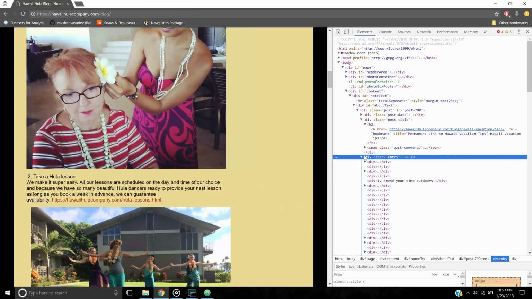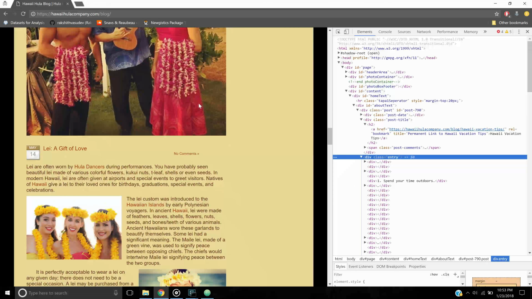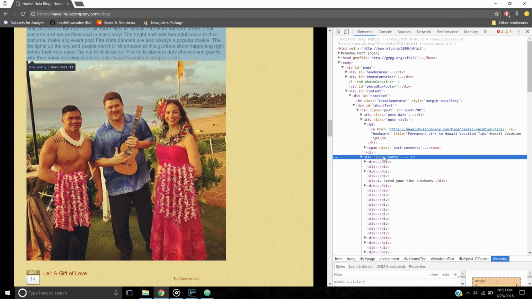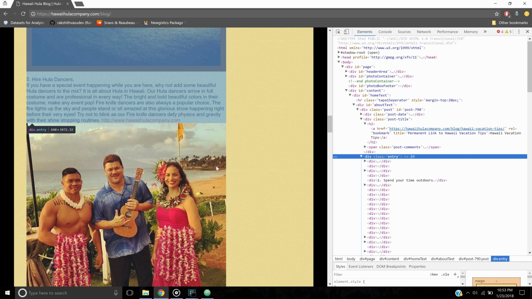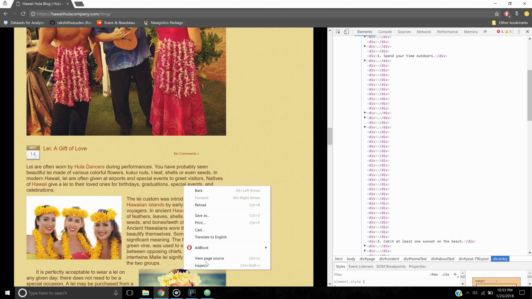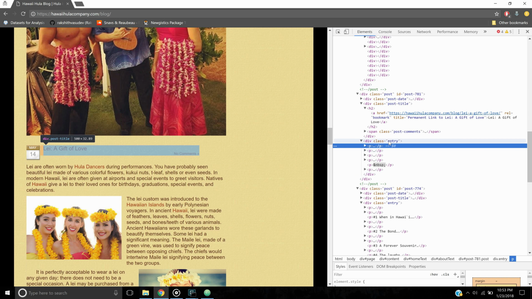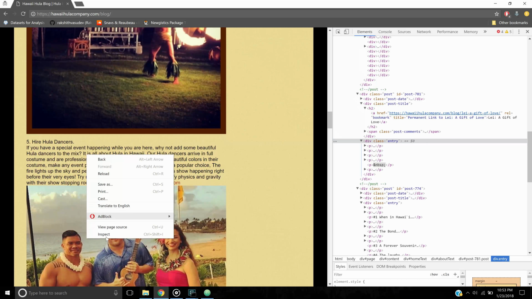Let's take a look at the entry class for a second. I am assuming it is going to be up until here. Yeah, right over there. Perfect. This is what we want. And let's just take a look at this one here. That is also inside of the entry class. Perfect. So let's go back